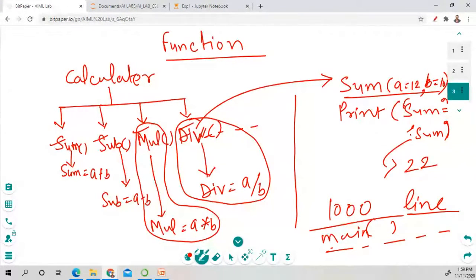Okay, understood? Any doubt till now? Write in chat box. Quickly give your response. Any doubt till now? About function, have you understood? I have not received any response from your side. Okay, so